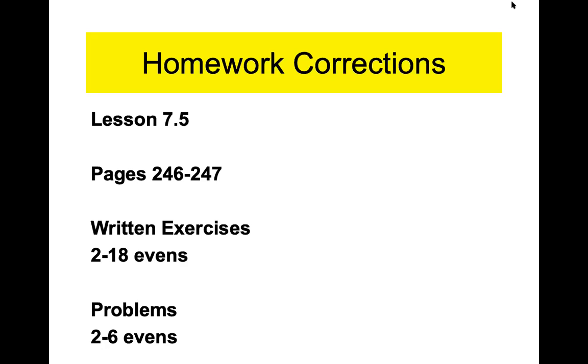Number 4 on problems. It says a town with a population of 27,530 has voted to allot, that means to give, 37.5% of the entire budget to education. If the education budget is 285,000, what's the total budget? So I got a percent, and I have one special word there, is, that's your is. 285,000 is your is. The percent was 37.5, change it to a decimal, so 0.375. Once again, you're solving for that. So whatever this divided by that is your answer. By the way, it's a large number.